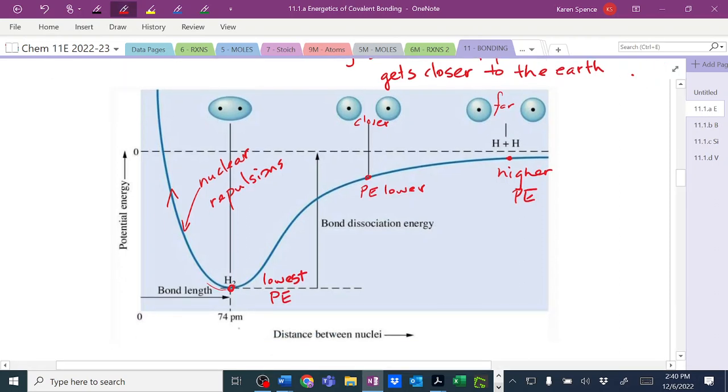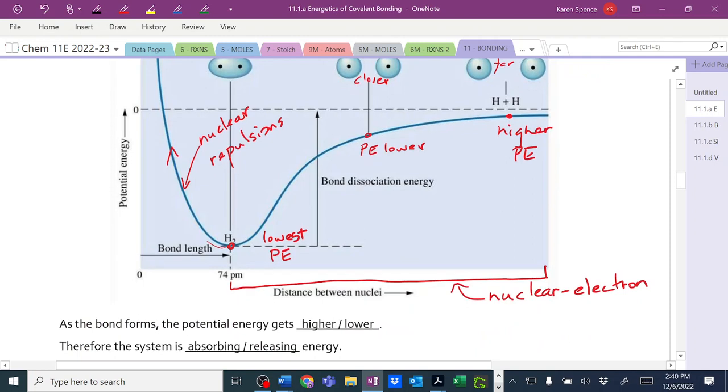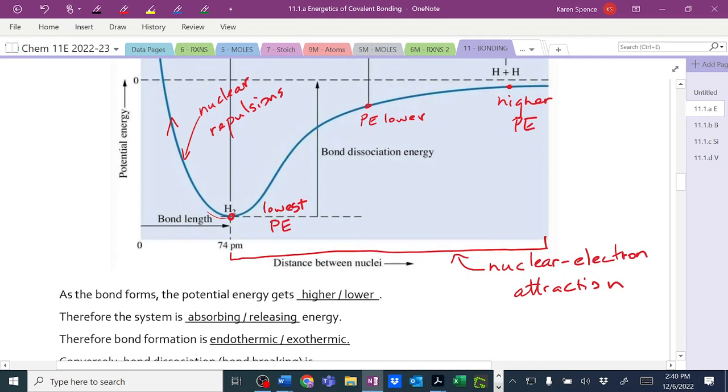So all this little section over here is due to nuclear electron attraction. So that whole getting closer business. I'm sure electron repulsion matters too, but we just don't talk about it very much, so I'm going to avoid that. We kind of ignore the electron repulsion here, so we're just going to gloss right over that. All right. Now, as the bond forms, the potential energy gets